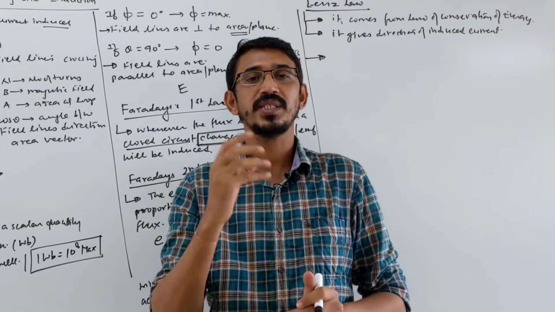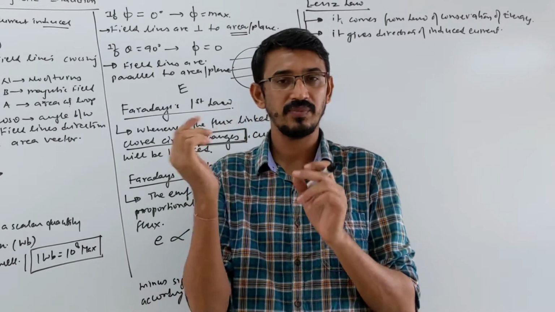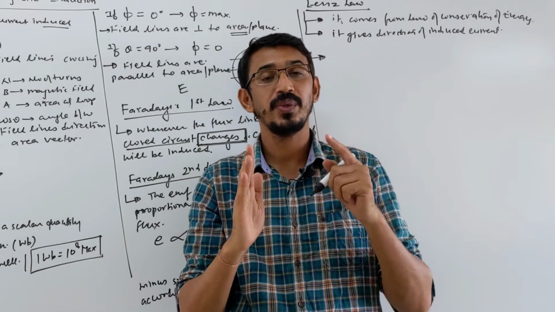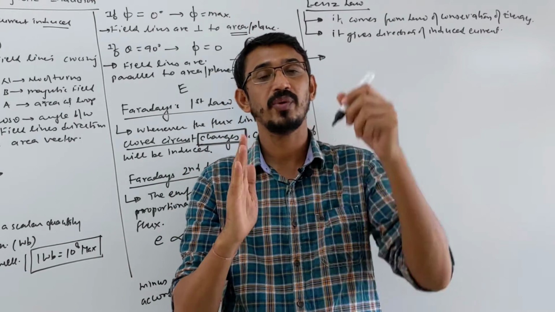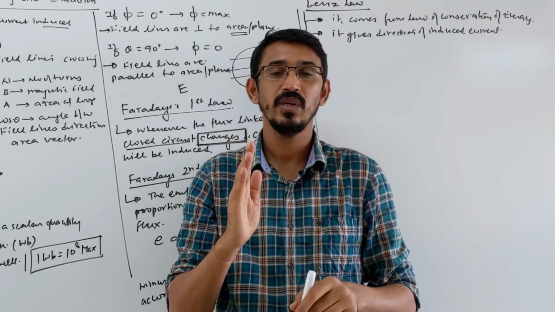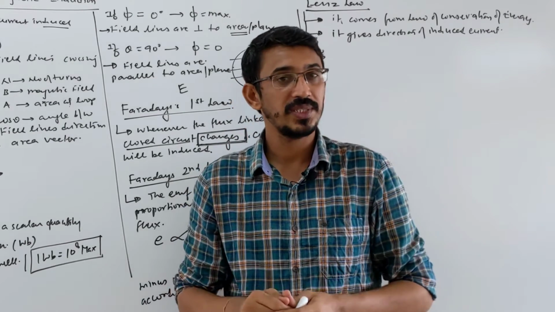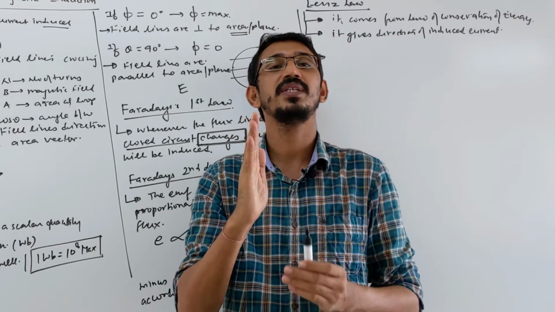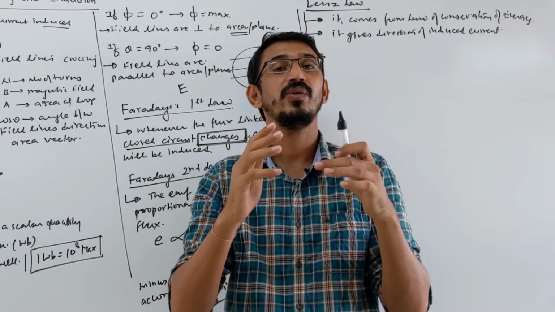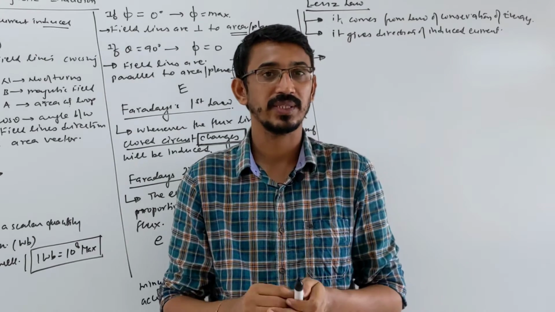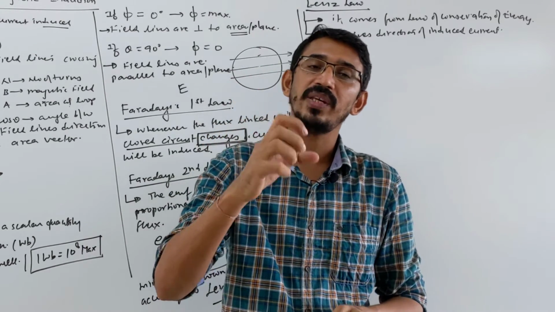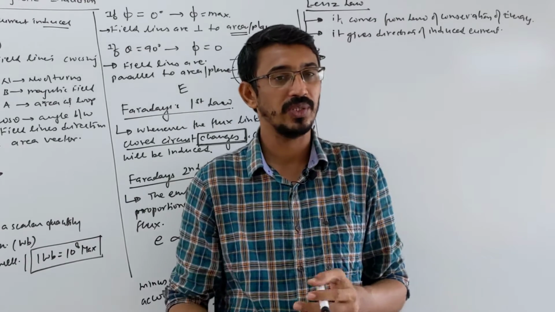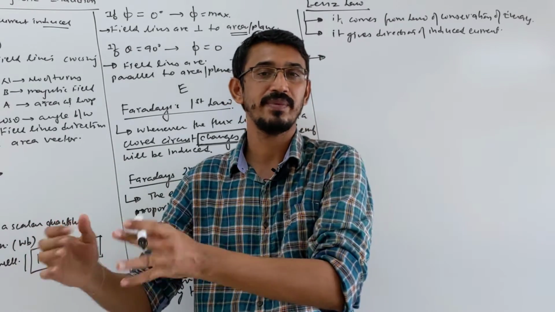Suppose flux in a coil is increasing. Say this is some coil here and flux is increasing upward. Then the induced current will be produced such that it will try to reduce the flux by producing a flux in the opposite direction. Or somewhere flux is decreasing, I am saying flux is decreasing upward, then the induced current will produce a flux in the same direction, upward, and it will try to increase the net flux. It doesn't allow any change in the flux in the coil. So it opposes any change in the coil. So it's equivalent to the inertia concept in Newton's laws.